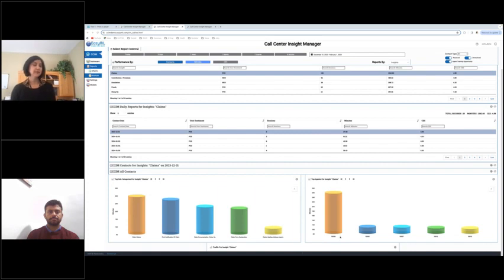Okay. She gets the names of the 5 agents, and now she's at a decision point. She decides to reassign some of the calls to her top agents so that they can handle the calls. She knows that they have a history and they have handled the calls better. Let me reassign these calls to some of our top agents in this area.